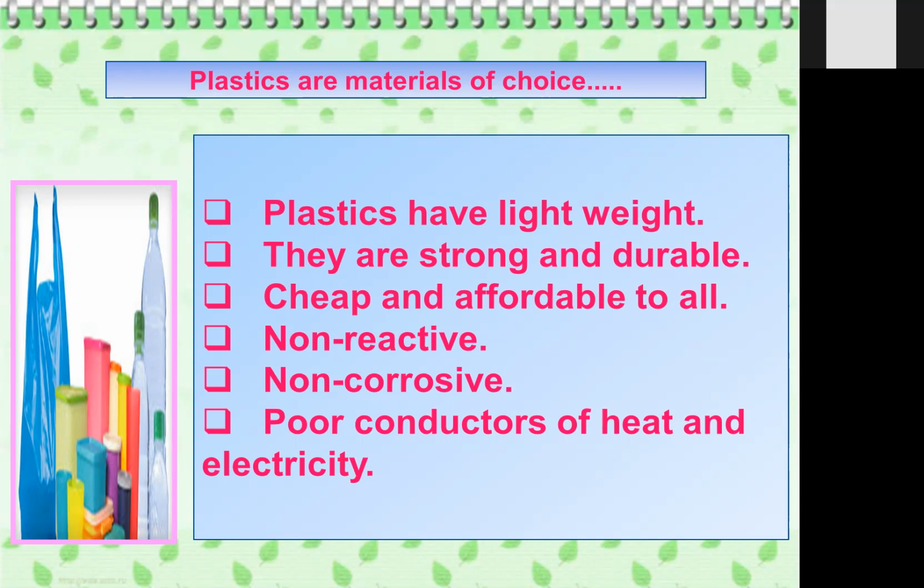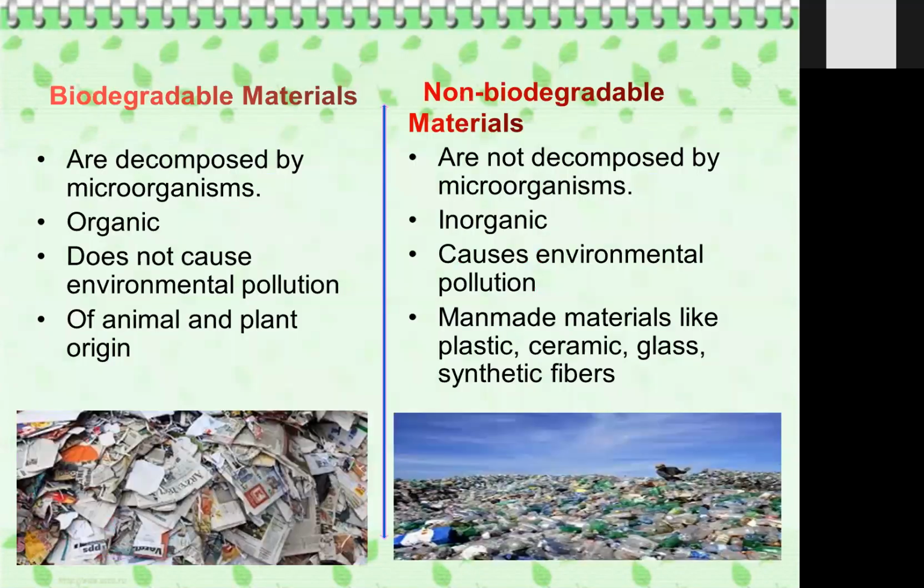हम अपने benefits के लिए environment को harm नहीं कर सकते, right? That is also something we have to think about. Biodegradable materials are decomposed easily by microorganisms. They are organic, like paper, animal waste, plant waste, peels of fruits and vegetables, and they do not cause any kind of pollution to the environment, right? And what is the origin of such waste? That is obviously plants and animals.